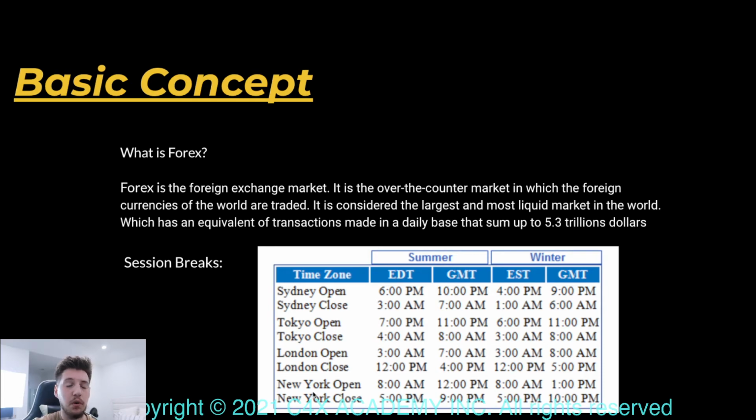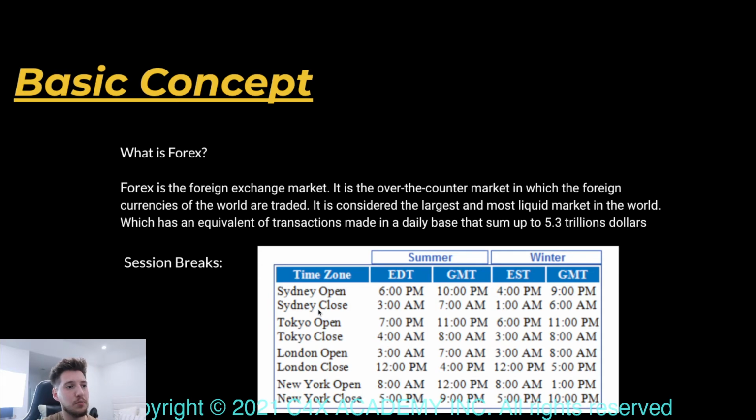Now, for the New York session, one thing that I noticed is that New York session likes to create continuations of what London has done. If I was trading London, which is something that I used to trade in the past, I would be trading manipulations and expansions. What does that mean? I'd be looking for the market to have a quick move and then fake people out, to then go the other way. I'd be looking for that fake out before it goes the other way, so I can get the most out of that London session. Tokyo and Sydney sessions are usually ranging market sessions because there's not much liquidity within the market and it just keeps running up and down. So a lot of people like to trade these consolidations, meaning they like to buy and sell in certain areas that the market had created with consolidation.